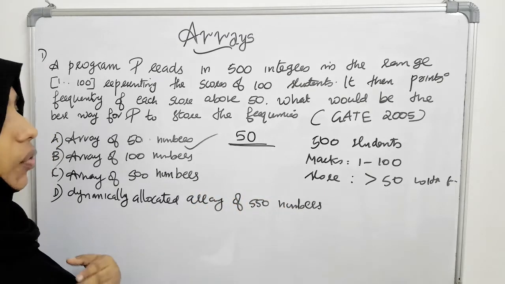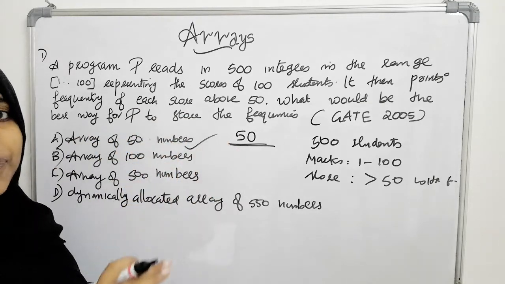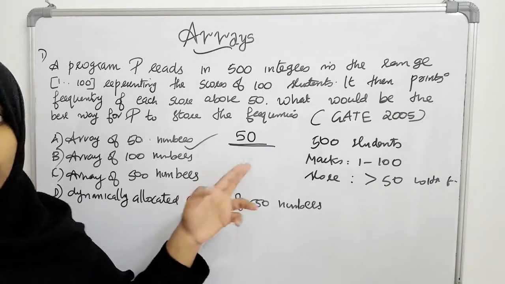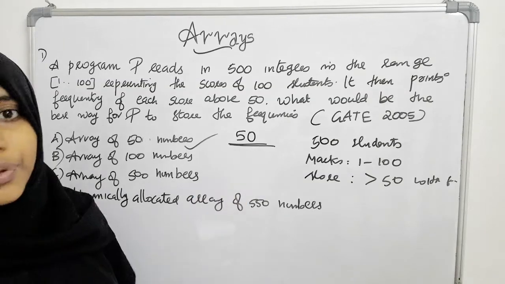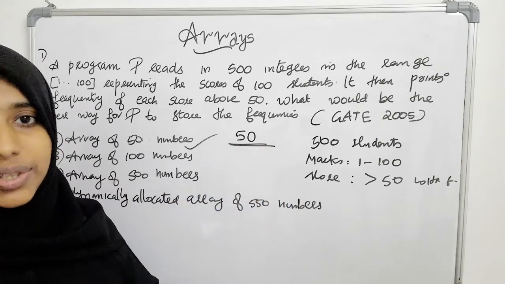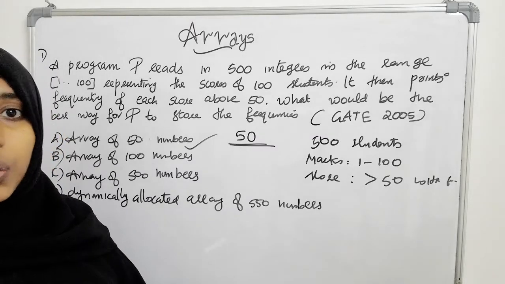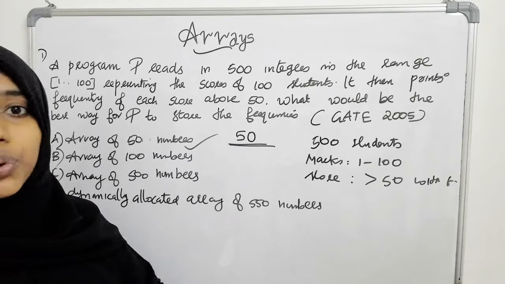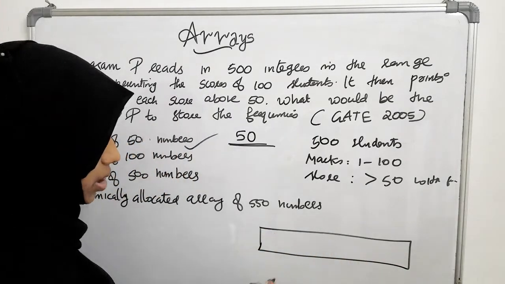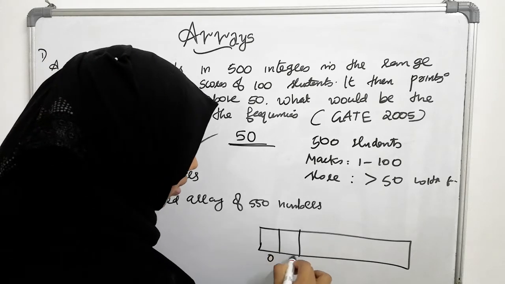Now the question is how we can store the frequencies. The program is asked to store the frequencies. So how will you store the marks as well as the frequencies, because we have 50 marks to store and also frequencies? The answer is you don't have to store the marks. You just have to store the frequencies. Then the next question is, how can we understand which frequency maps to which mark? What we can do is create an array of 50 numbers, 50 indices. The indices definitely start from 0 to 49, isn't it?